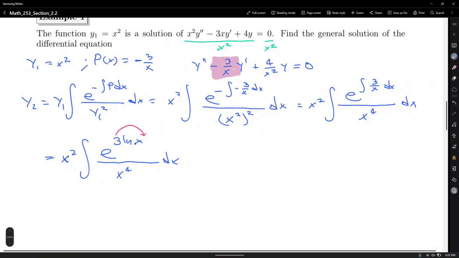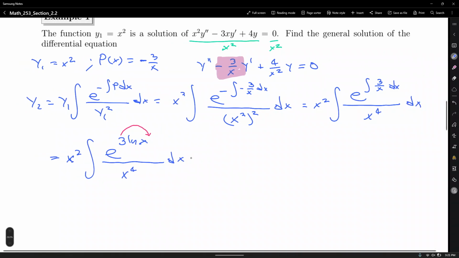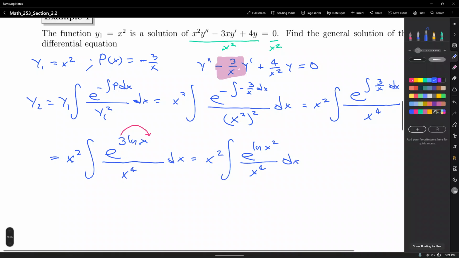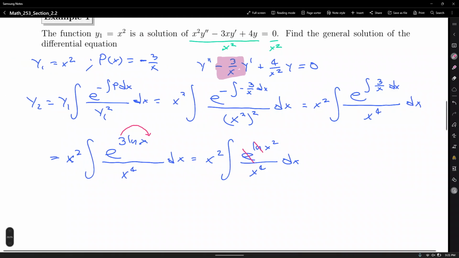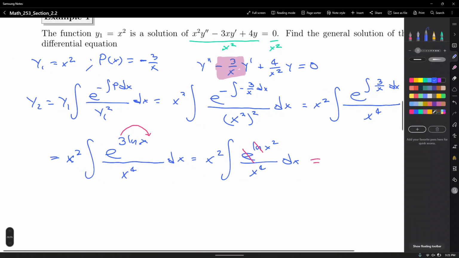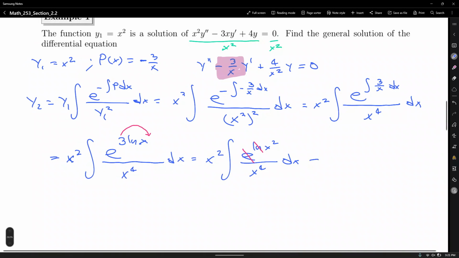All right. Okay, so this is equal to x squared integral of e to the ln of x cubed over x to the fourth dx. Now we may go ahead and e and ln cancel. All right, and this will be equal to x squared integral of x cubed over, oh, it's actually not x squared, it's x cubed